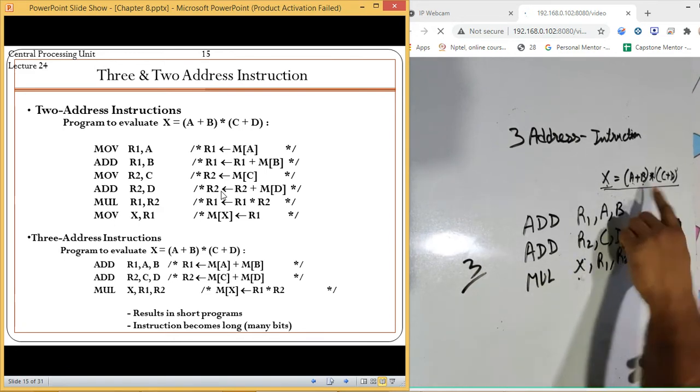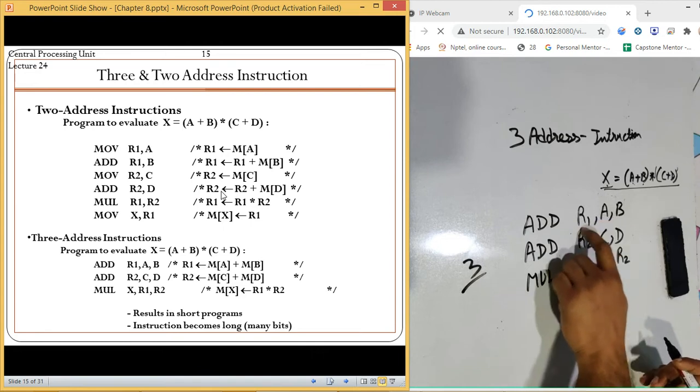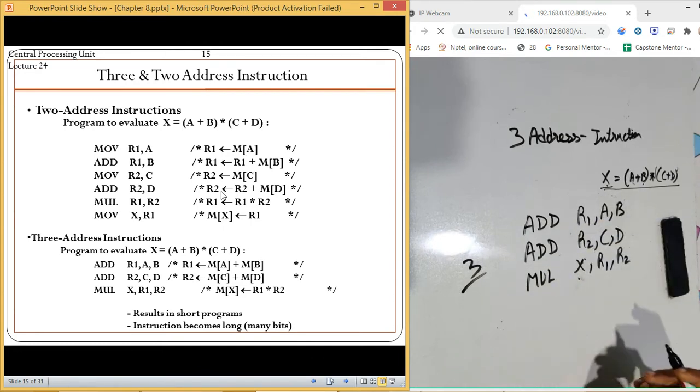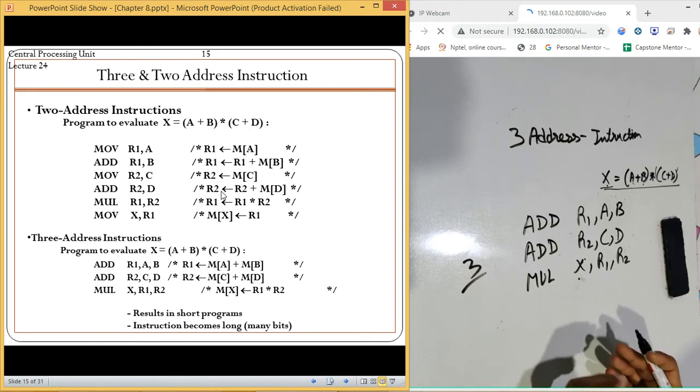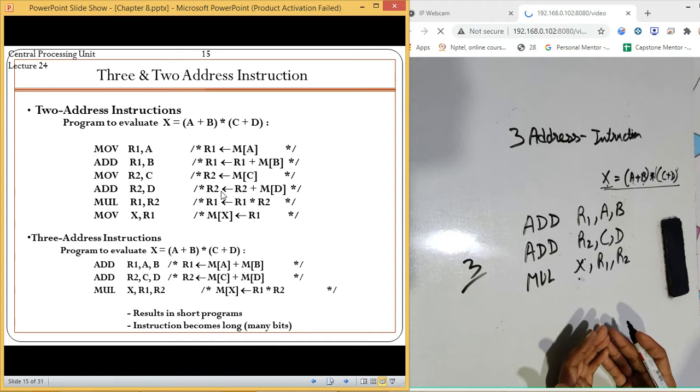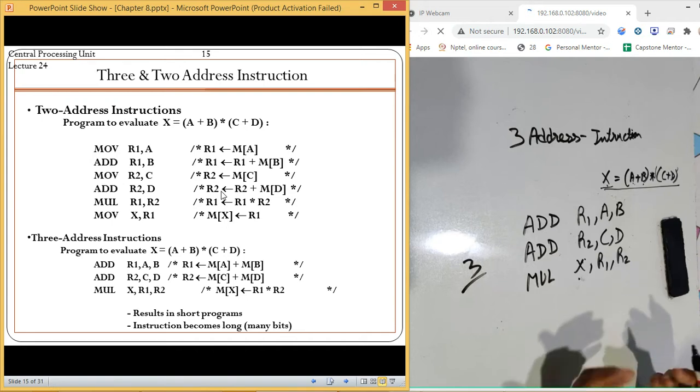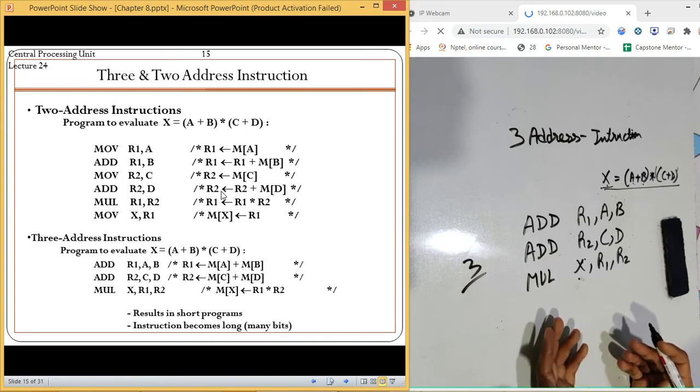But what is the difference? Now we are giving three addresses in it. So the program length is reducing, but the complexity of this task will increase because we need to have multiple number of registers for it.